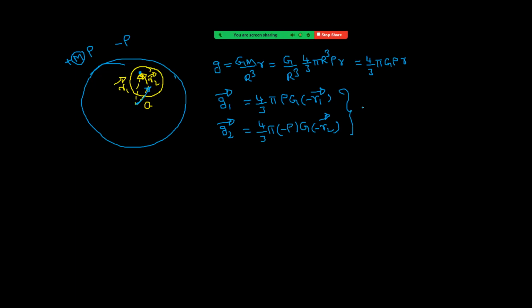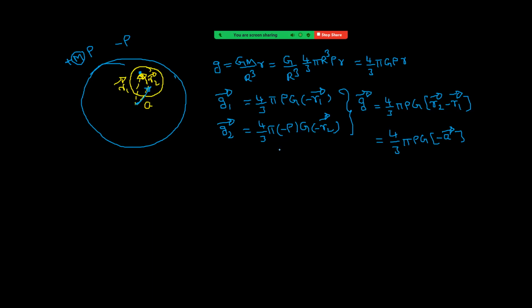Now take the resultant of these two. That gives us 4 by 3 pi rho G times (R2 bar minus R1 bar). In the place of R2 bar minus R1 bar, we can write minus A bar. So this indicates that at any point inside the cavity,